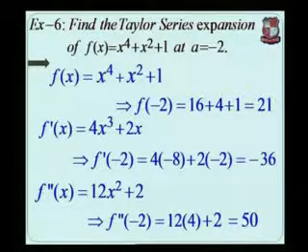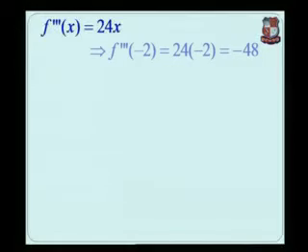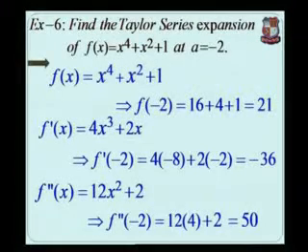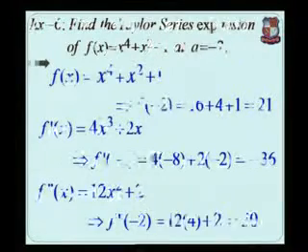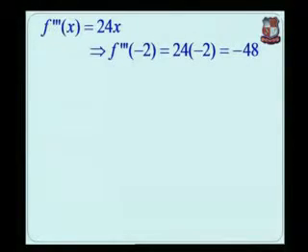Now the double derivative is 12x² plus 2, so derivative 24x. f''(x) is equal to 12x², so derivative of x² is 2x, so the first term is 24x, plus derivative of 2 is 0. So now the third derivative is f'''(x) is equal to 24x. Now we check the point -2, so f'''(-2) is equal to 24 multiplied by -2, result -48.